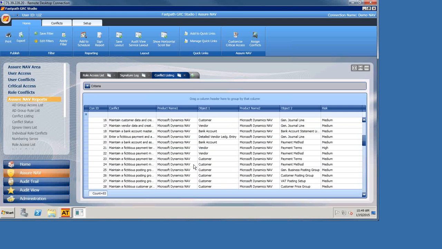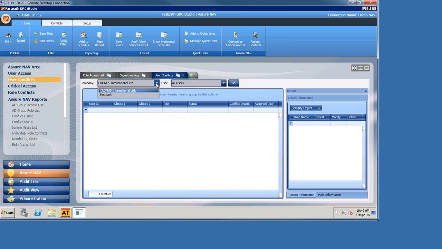So we've gone through all of these different items. And then the way that it works is you would go under user conflicts, you would select a specific user. Now I do have to tell you that the majority of my users are set to super users, so we're going to see all 83 conflicts for all of these users. We'll try Aaron Rogers. He might not be set to super user. But we'll go ahead and click Go, and we'll see all of the different conflicts for a specific user based on the security that they've been granted. Okay, so with Aaron Rogers, actually he has 0 conflicts based on his security. Let me try to see what he has access to in Fastpath.